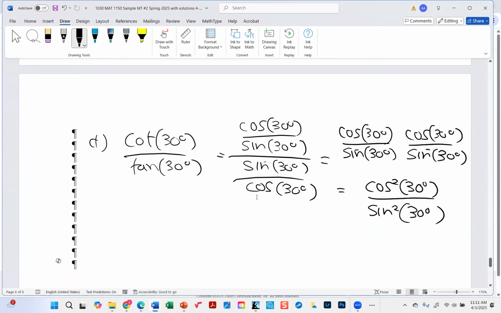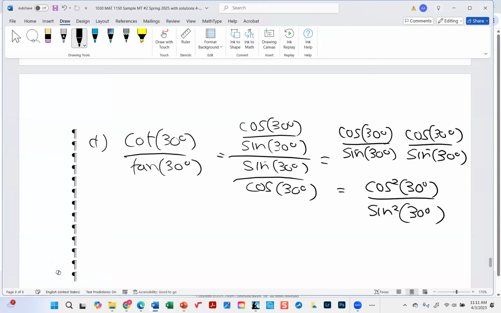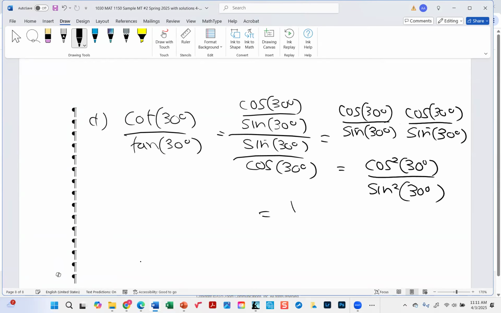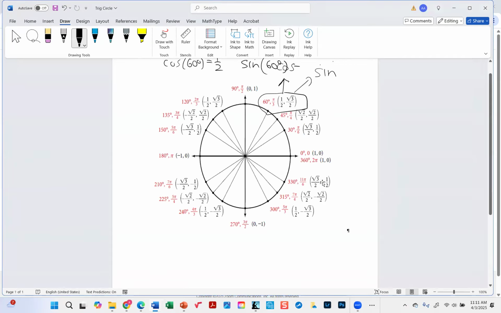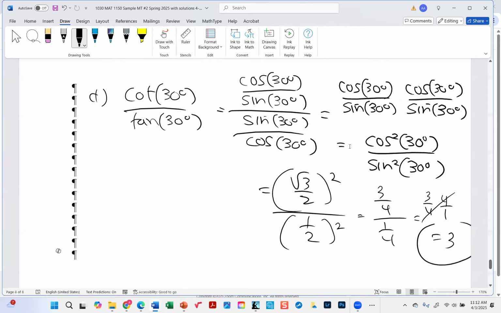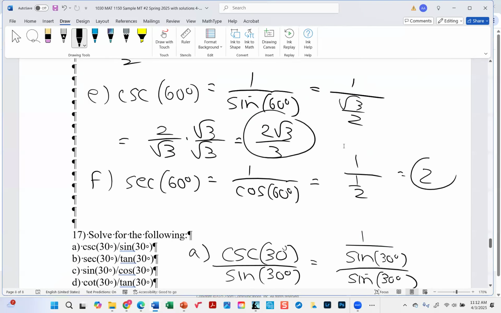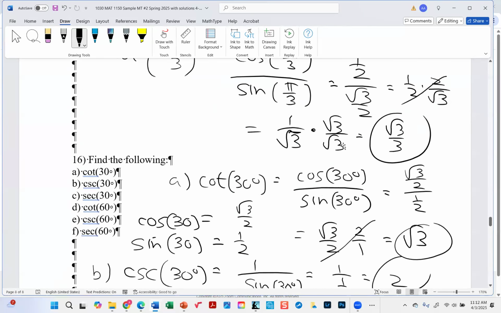All right, so the cosine of 30 is radical 3 over 2. What you've actually got here is radical 3 over 2 squared, and then the sine would be the sine squared. The sine is a half, so we square that. And you end up with 3. All right, so at long last, we're done reviewing. Okay. Now, again, I can't guarantee that any of these questions are actually going to be on your test, but